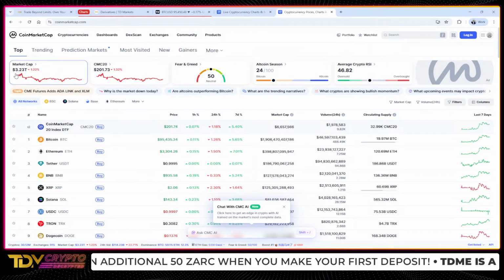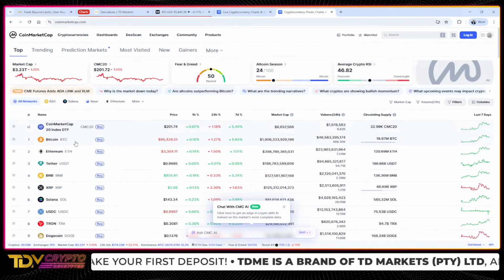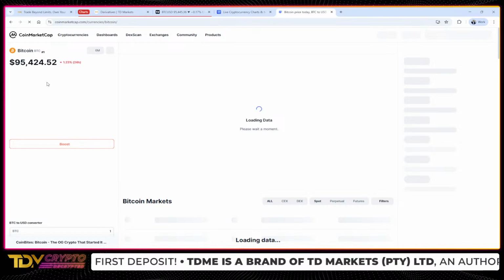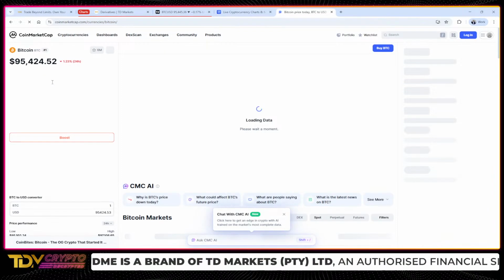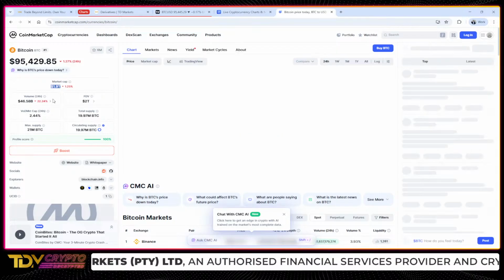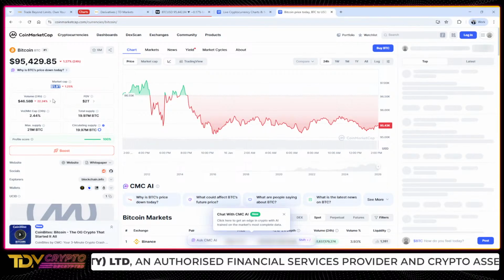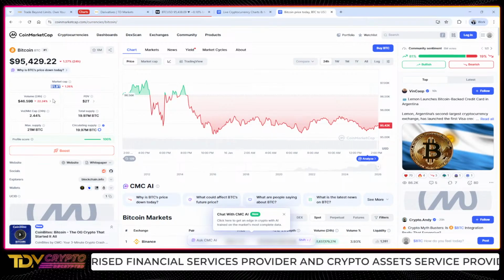The total market cap in crypto is 3 trillion, right? $3.23 trillion. That is the total market cap. Now look how much Bitcoin takes of that. Bitcoin takes, I think, $1.9 trillion, right? That shows you that Bitcoin obviously is the number one crypto. So what does this mean? It means that whatever Bitcoin does, it's going to affect the total market cap.